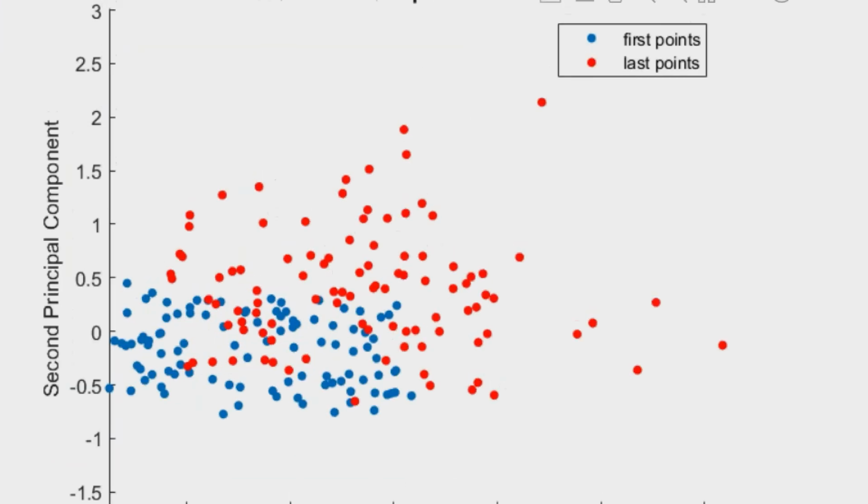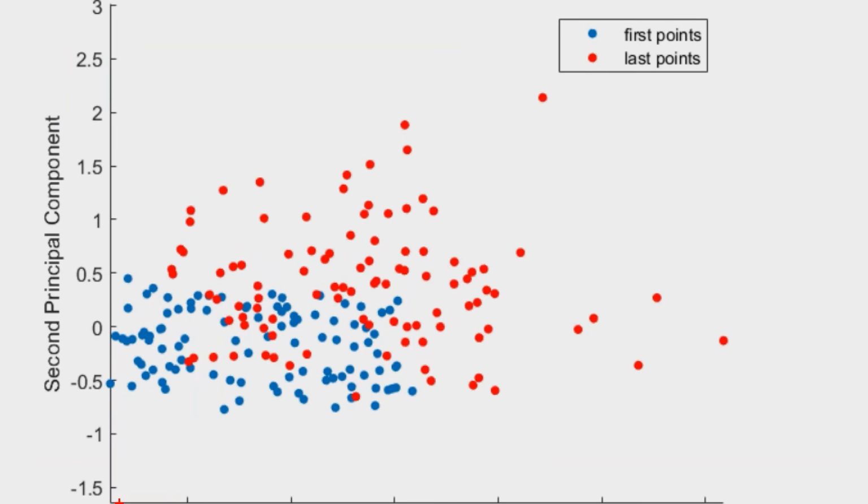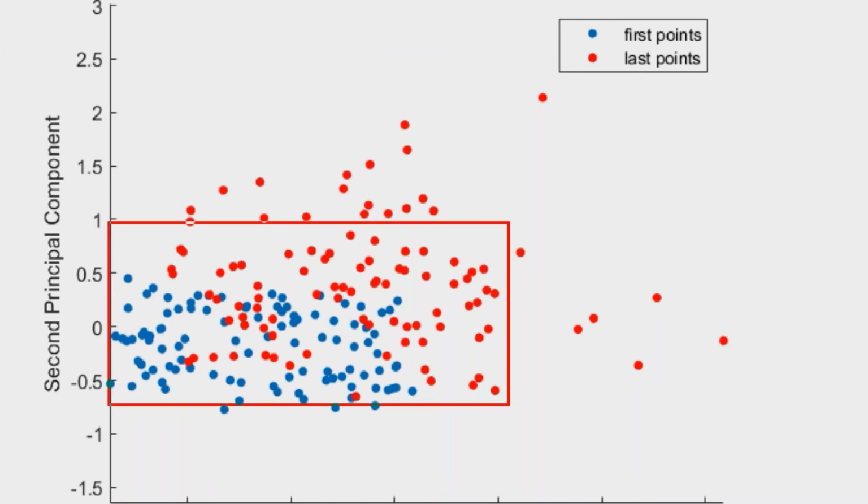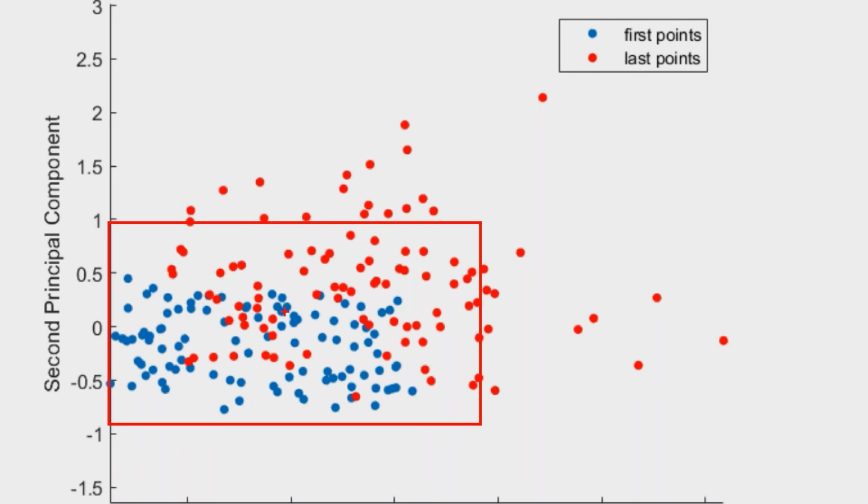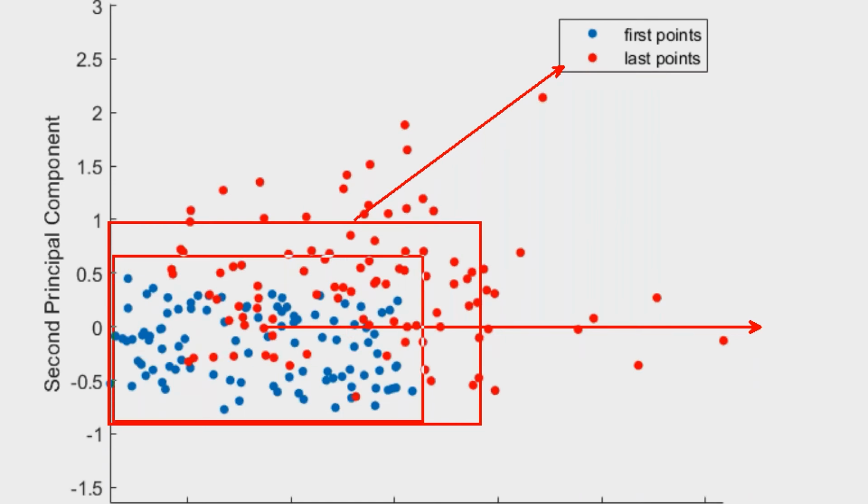And here we go. All right, so the blue is the first points, the red is the last points. If we remember what we saw for the overall principal components before, we had that sort of rectangle in the bottom left, and then two arms going out this direction. And we're seeing this here as well, right? Everything starts in this sort of rectangle down here, and it spreads up and to the right, some more than others, as things go on.